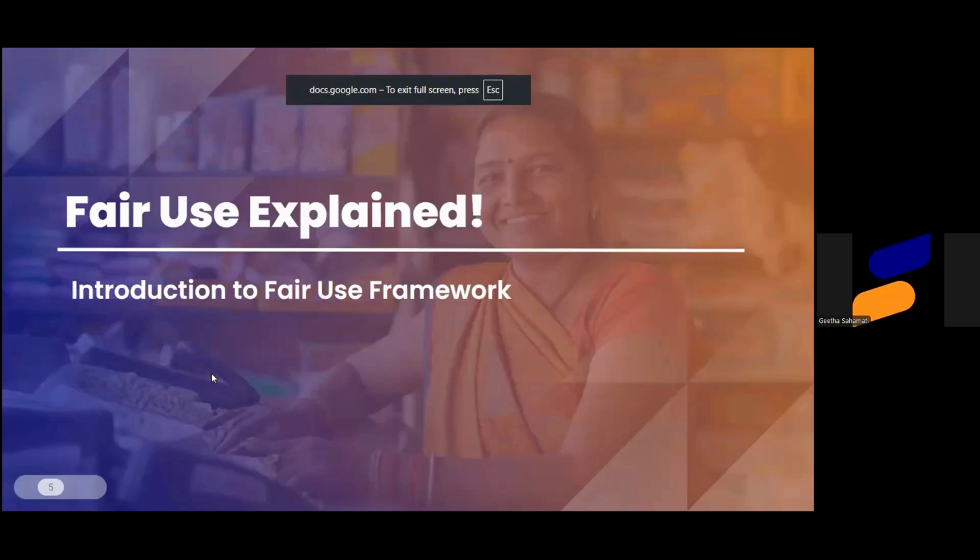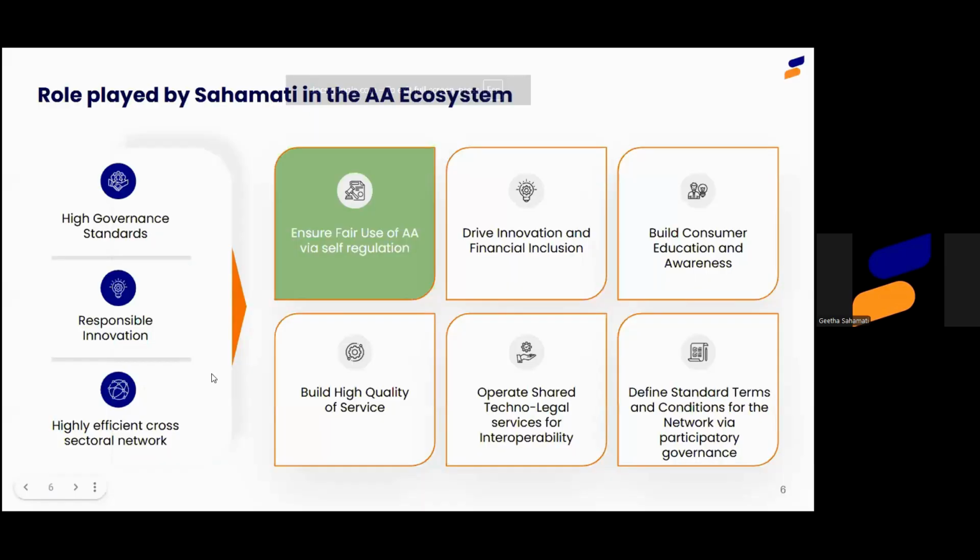So even before we delve into the fair use templates, first let us take a few minutes to understand what fair use framework is for the AA ecosystem. And we've been conducting several webinars on this, but still there will be some new audience who might not be aware of what Samati does. So Samati basically is a not-for-profit